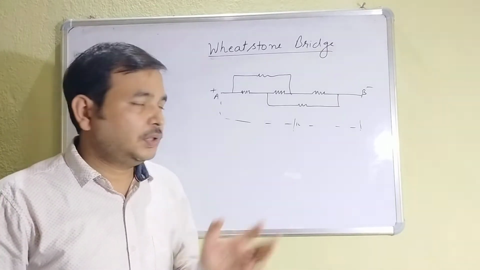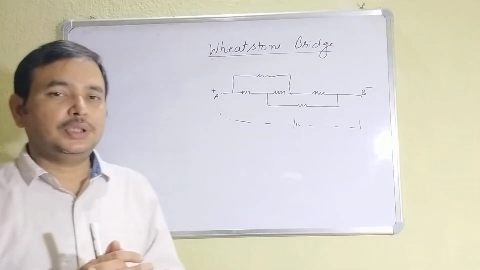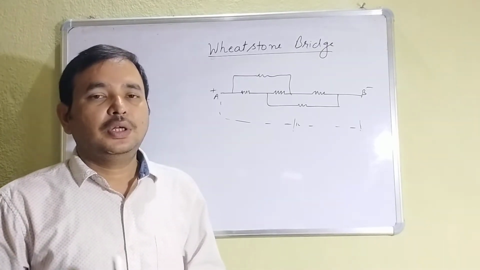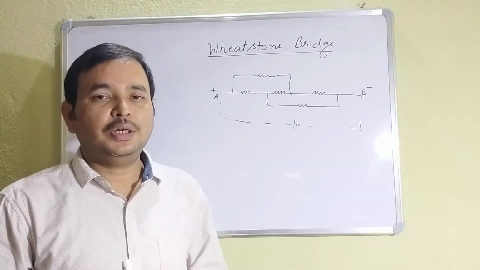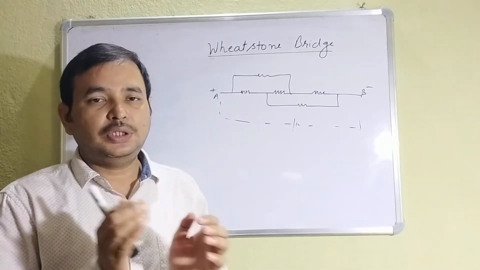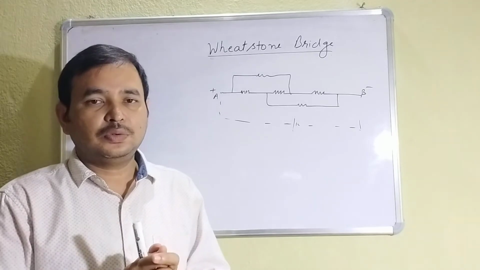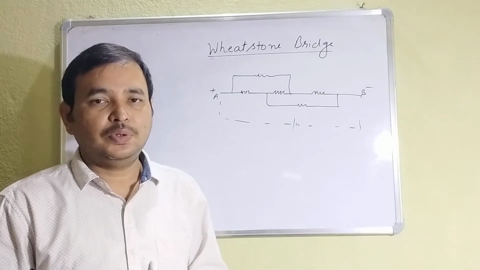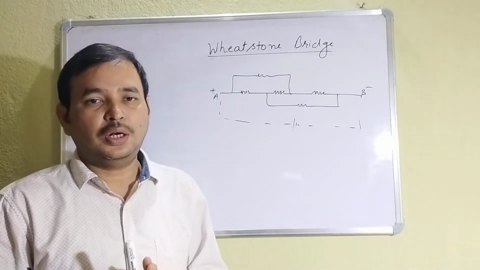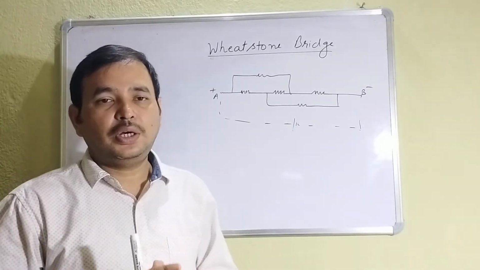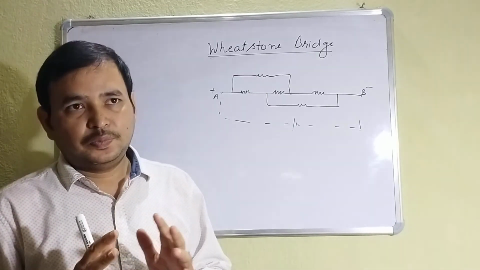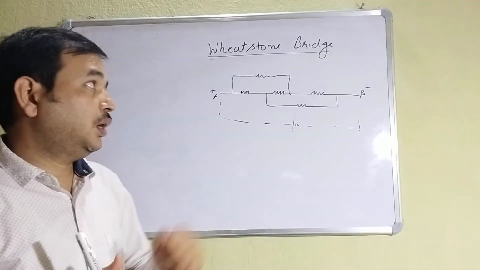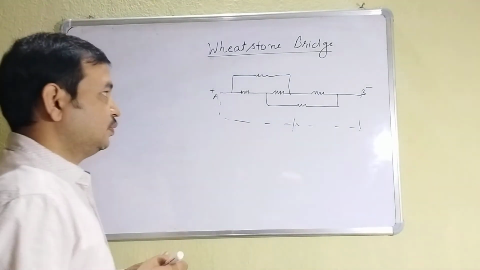Remember one thing, students: equivalent capacitance, series and parallel, has been omitted from your syllabus, but the general formula which you read in class 10, you must know. In series combination we add the resistances, and in parallel combination you must know the formula you have used. Clear? Only the typical question related to solution of series and parallel combination will not come, but if it is related to Wheatstone bridge, it may be asked.